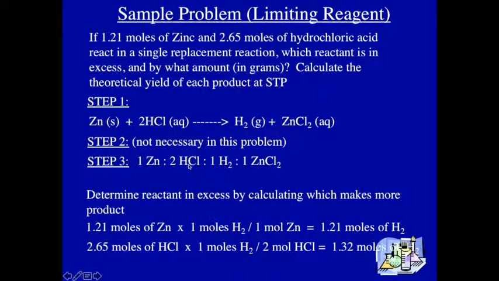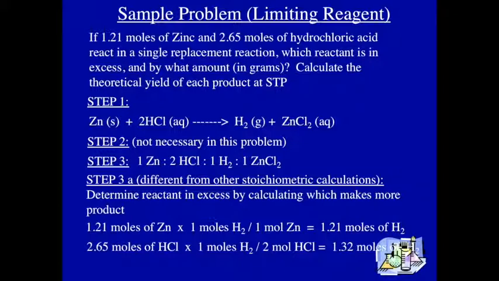But what we need to actually look at here is which reactant is in excess. So we can do that in a couple of different ways. This is different from other stoichiometric calculations. What I would say, this is a step 3A, you determine which reactant is in excess by calculating which would make more of your product. In this case,